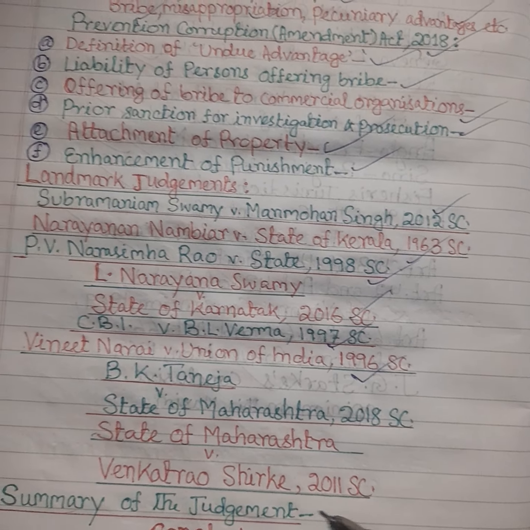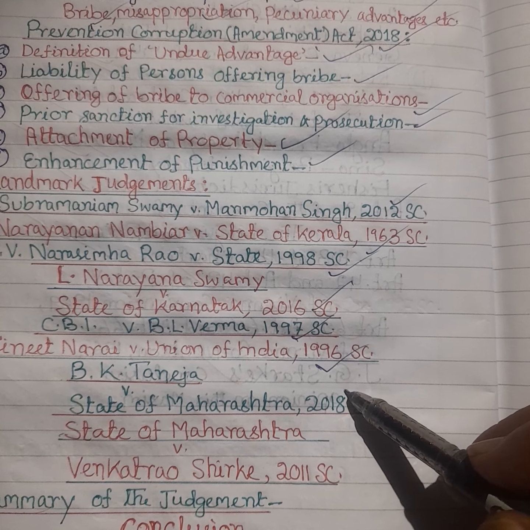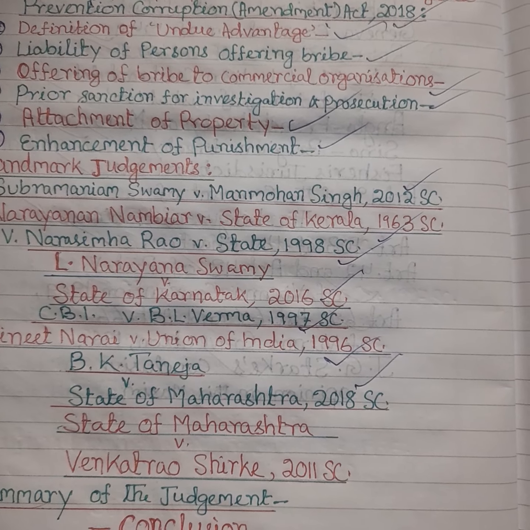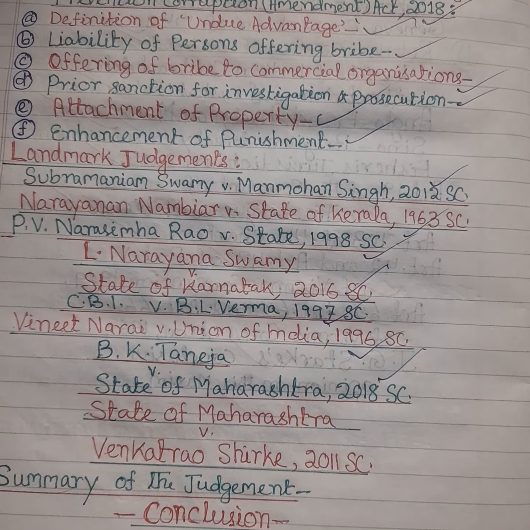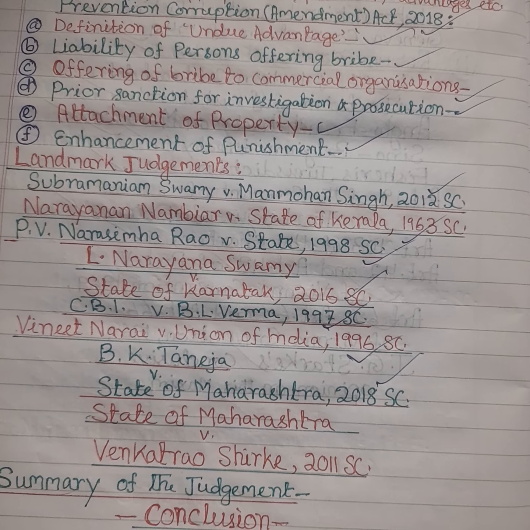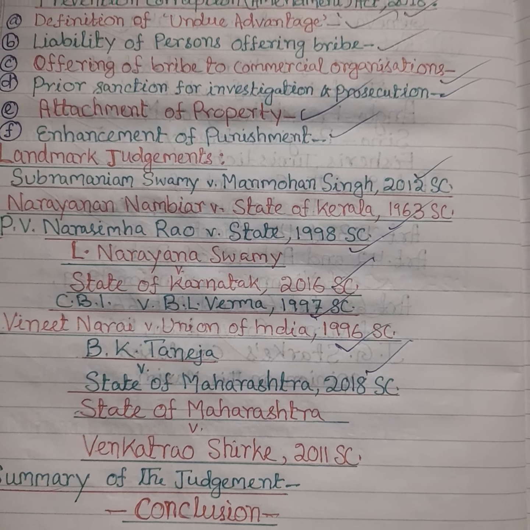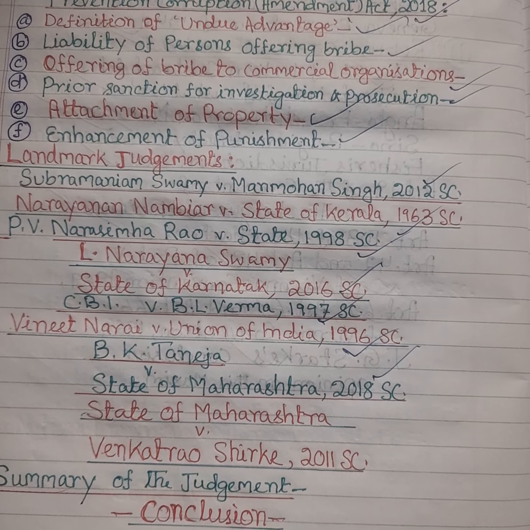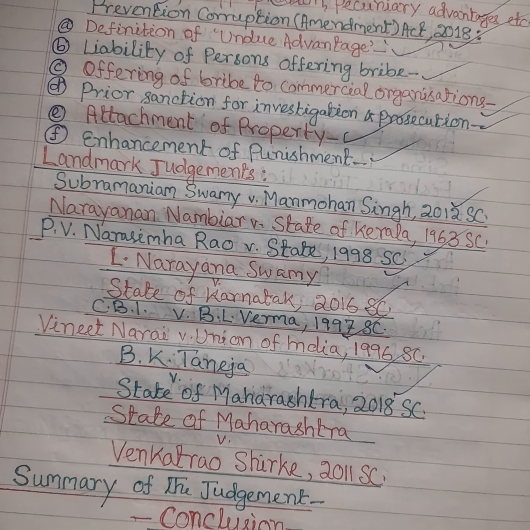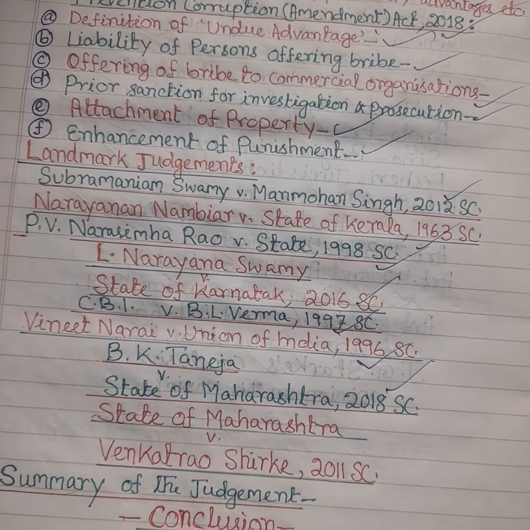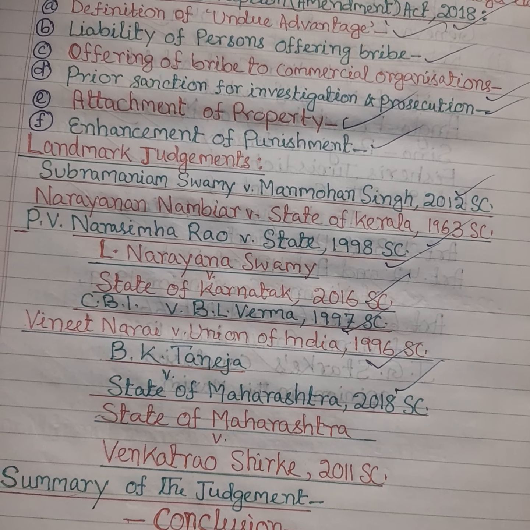And now we discuss another important landmark judgment, B.K. Taneja versus State of Maharashtra, decided in 2018 by the Supreme Court. In this particular case, the Supreme Court reiterated the importance of adhering to the procedural safeguards provided in the Prevention of Corruption Act. The court squashed the proceedings against the accused due to the failure of the prosecution to obtain proper sanction before initiating the case. This judgment highlighted the necessity of following due process in corruption